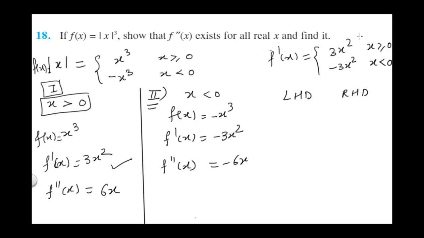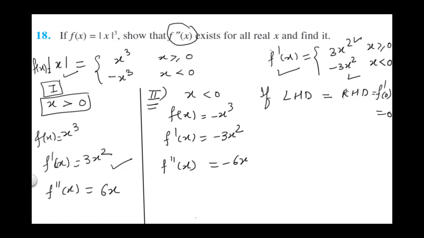In LHD and RHD, you have to take these as the function. When taking 0 minus, you will be taking minus 3x square. Taking 0 plus, you will be taking 3x square, because now we're not checking for this, right? We're checking for the differentiability part, whether this exists or not. Correct? So we are going to take this as the function, find LHD, RHD, and it will only be differentiable if LHD, RHD and the function value at 0 are equal. Clear? So you know f dash 0 will be 0 itself. So LHD and RHD should also come 0 when you solve this.